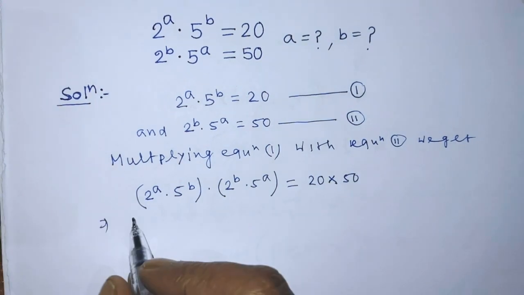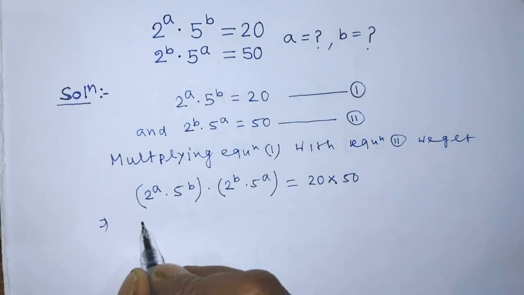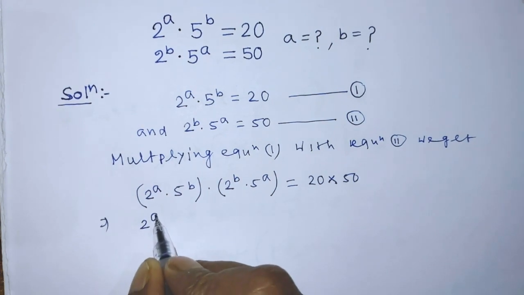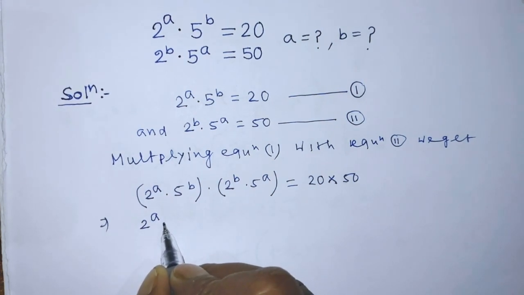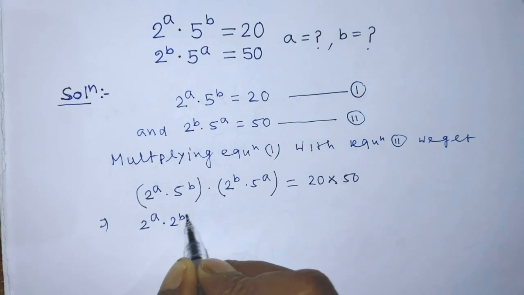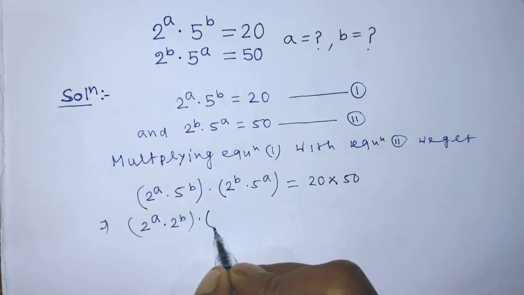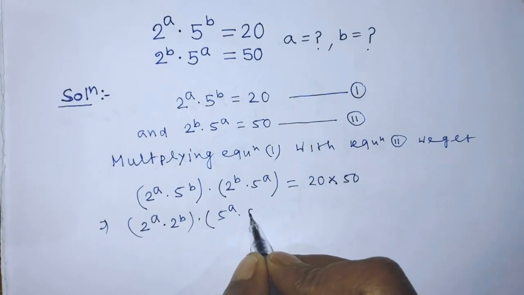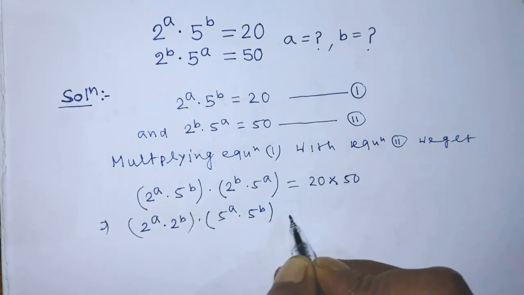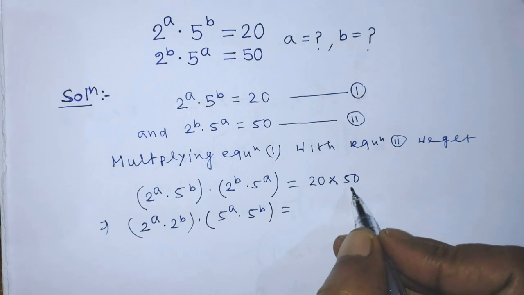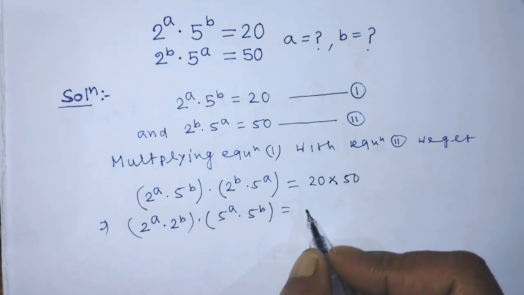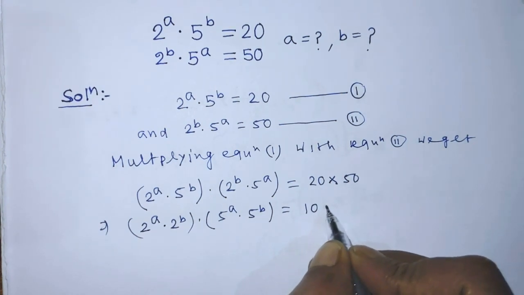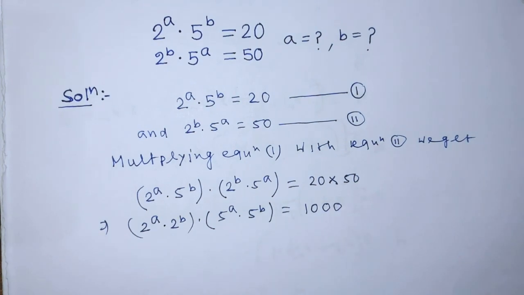And after that we can write from the left hand side 2^a times 2^b times 5^a times 5^b is equal to, on the right hand side, if you multiply 50 with 20 then you get 1000. So student,